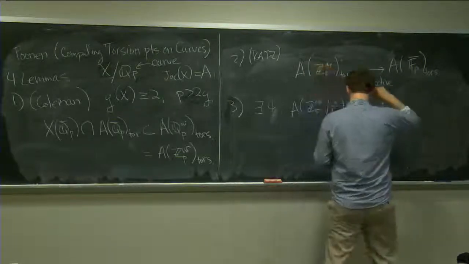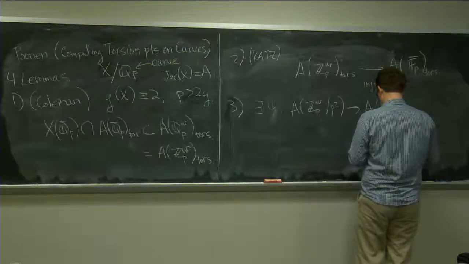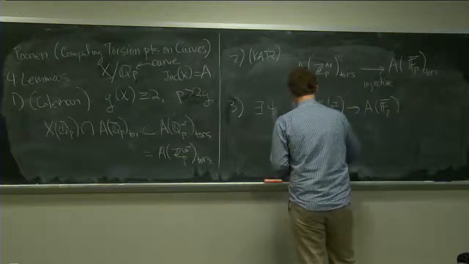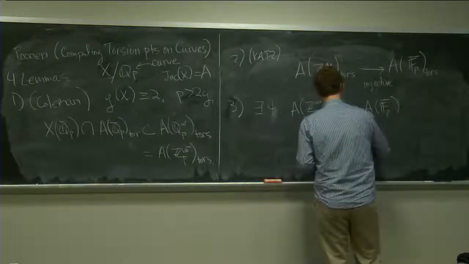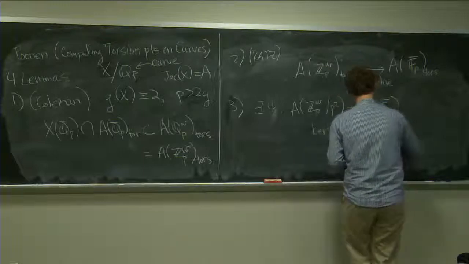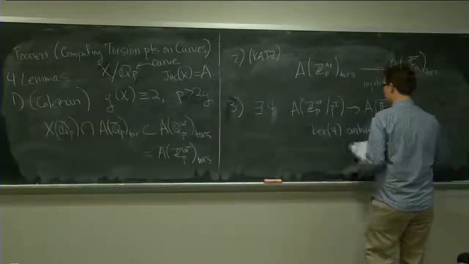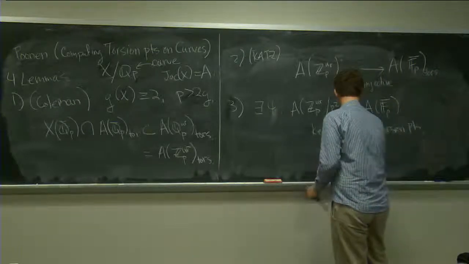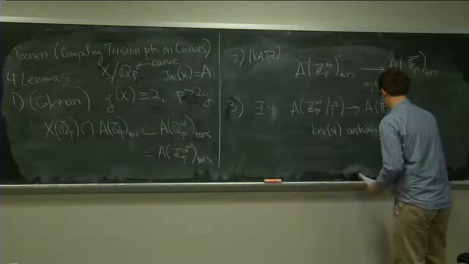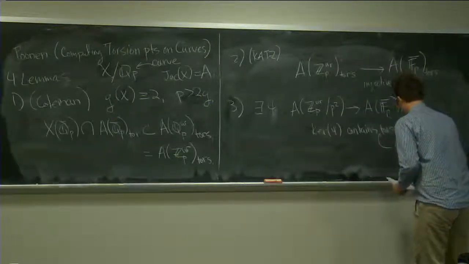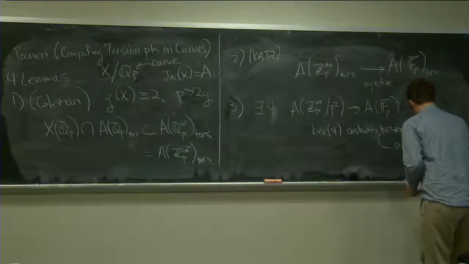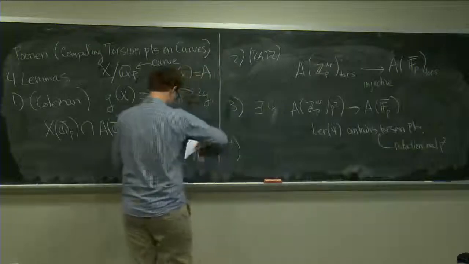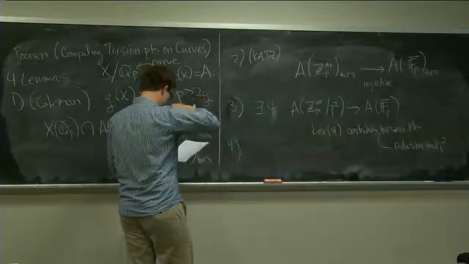So this thing here, the kernel contains the torsion points. By that I mean it contains the reduction mod p of the torsion points, the reduction mod p squared of these torsion points. Okay? And then the fourth thing is that,